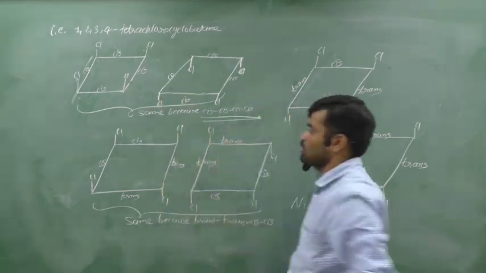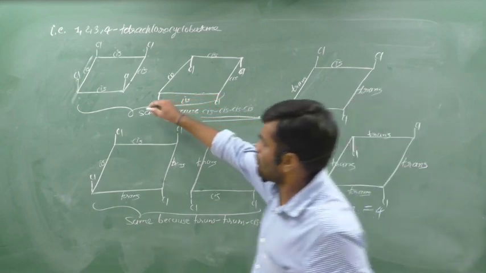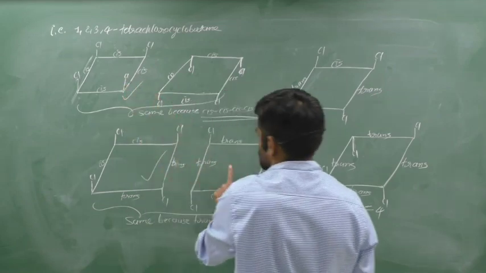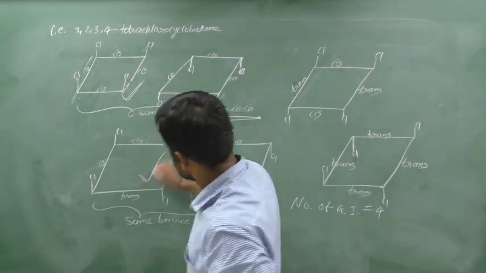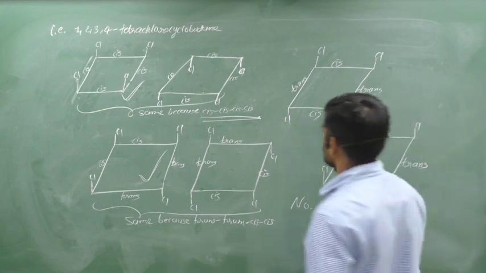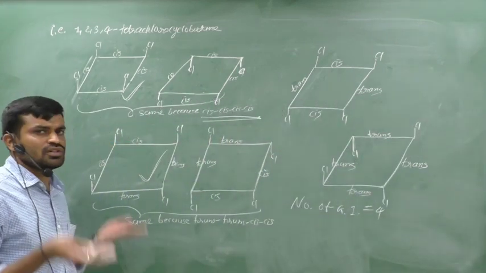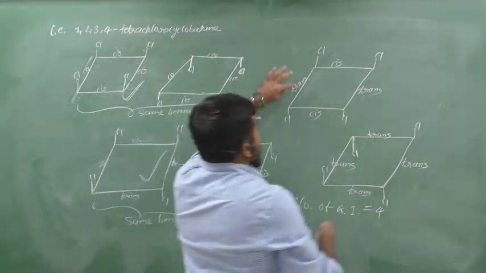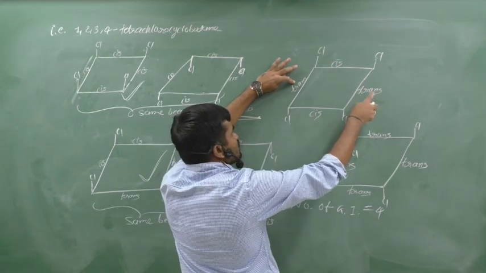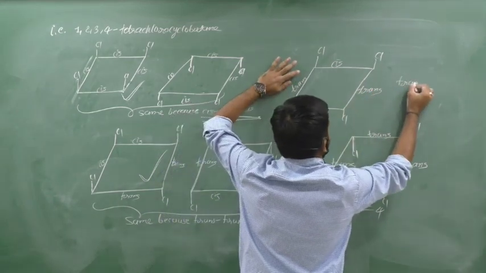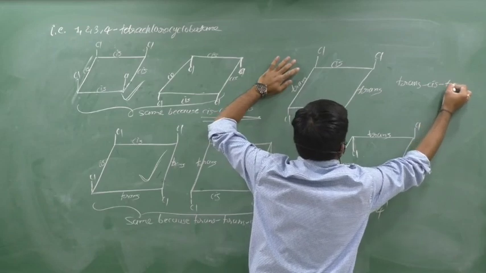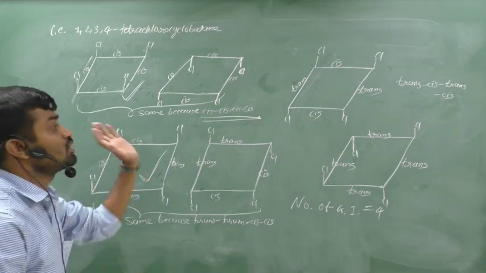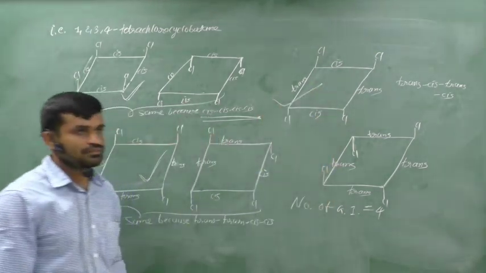Therefore these two are isomers. It is one isomer. It is the second isomer. This is the same as this. This is the same as this. One isomer. It is the second isomer. Clear? Now the third possibility is 2 upside, 2 downside. Therefore the geometry is trans, cis, trans, cis, which is different from that and that form. Therefore, it is a different isomer. It is the third isomer.